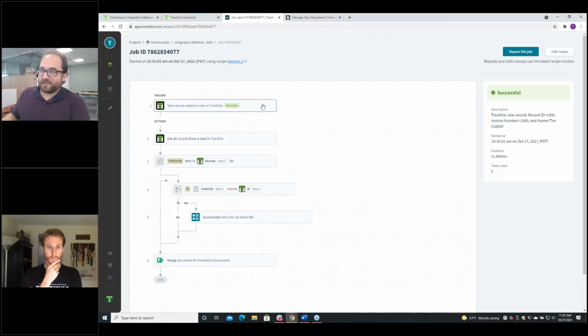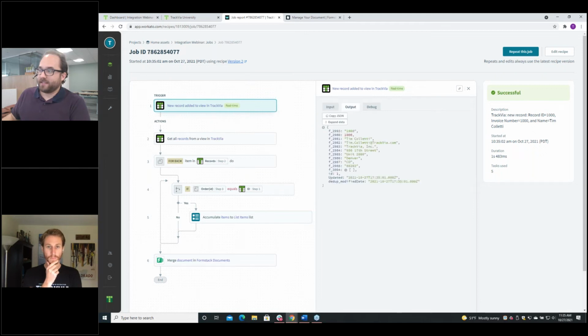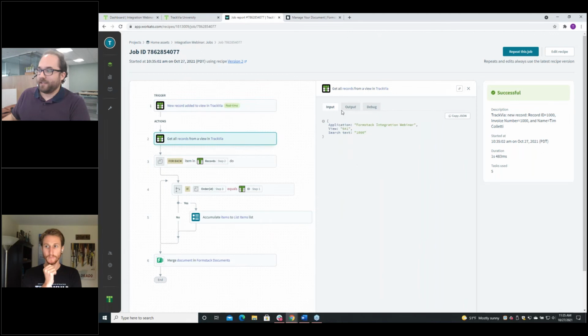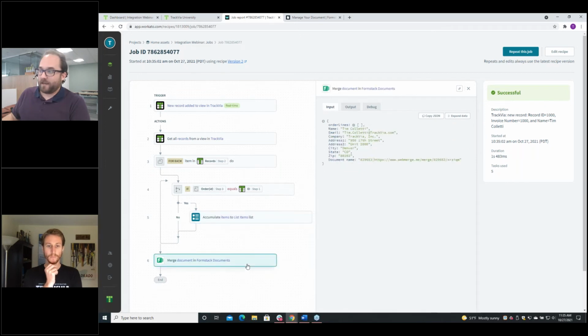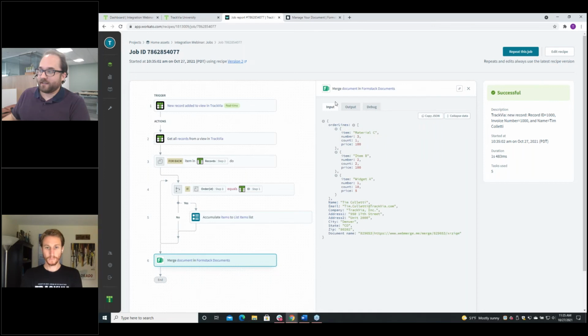And if I open up each of these steps, I can look through what ended up happening. Here's exactly what it did. Here's the information that it received. I can do that with each one. I can open up, this shows all 3 of the line items that it found. For each, it shows me that it found 3, it looped through 3, and then the final accumulated list looks like this. So then finally it got down to this last step, sent it over to Workato, and this is the JSON that it sent over there.